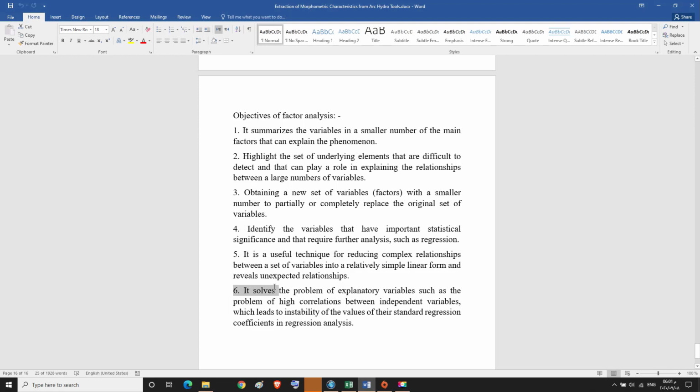It solves the problem of explanatory variables, such as the problem of high correlation between independent variables, which leads to instability of the value of their standard regression coefficient in regression analysis.